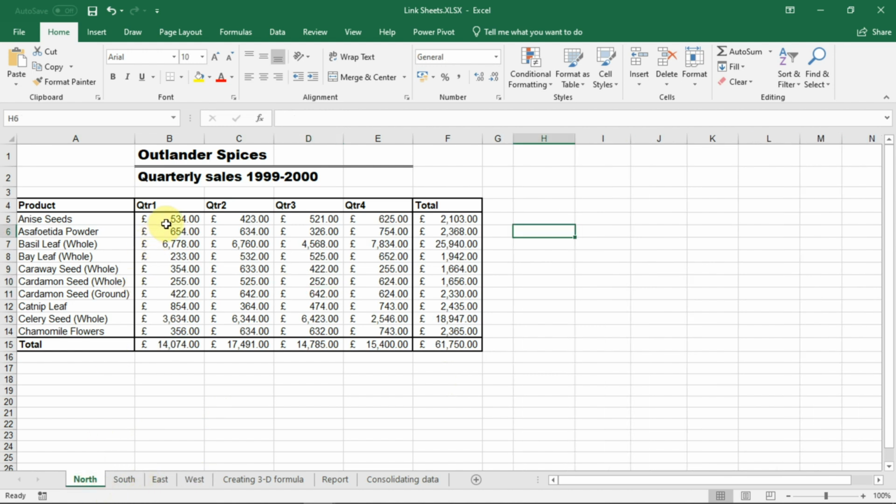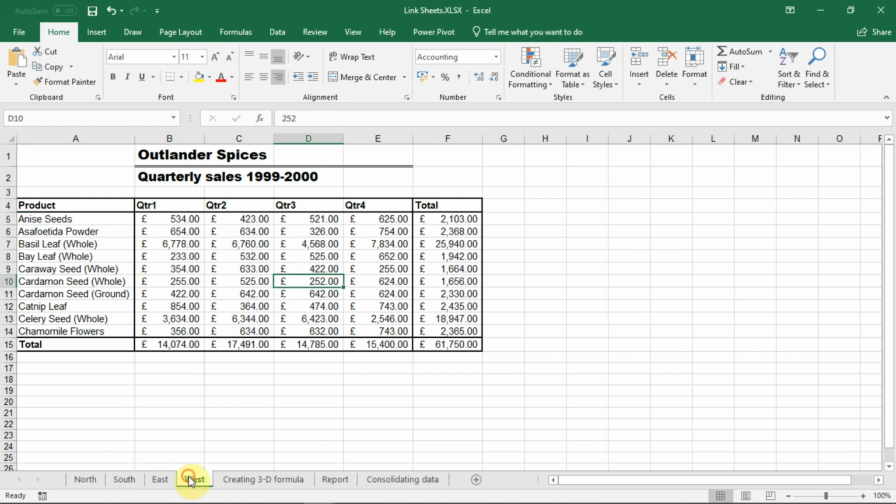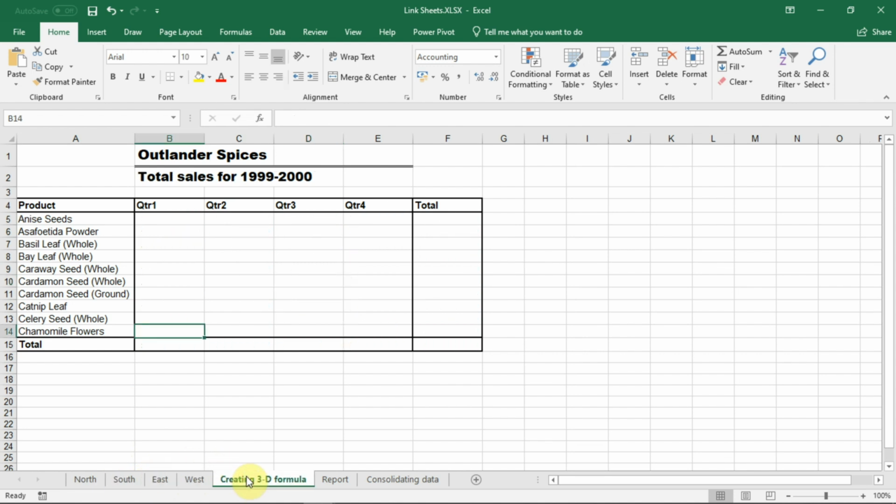I would like to know the addition of anise seeds in quarter one for South, East and West combined with the North. How we do this, I'm just going to click onto this tab here, which is pre-set up for me, creating 3D formula. This is just one example, but there are loads of reasons why you might want to pull